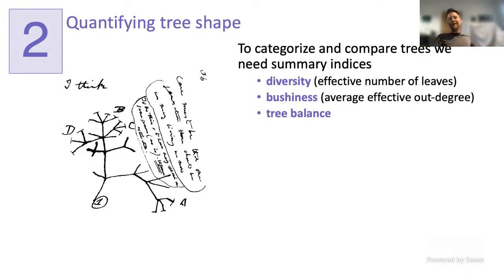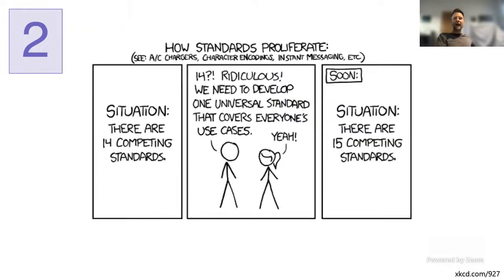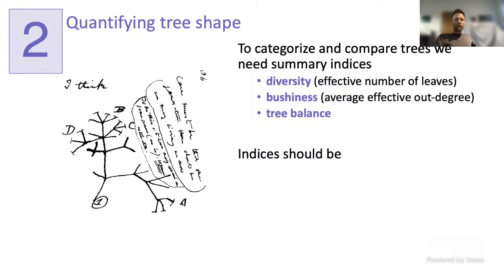As I say, there are many indices of these types that have been proposed, and the hazard is always what is shown here, which is that you say, there are so many types, let's propose a universal system that replaces all of them, and you just end up with another alternative. So this is not what we wanted to do. The reason I started working in this area is because we found the existing methods were not fit for the purpose we wanted.